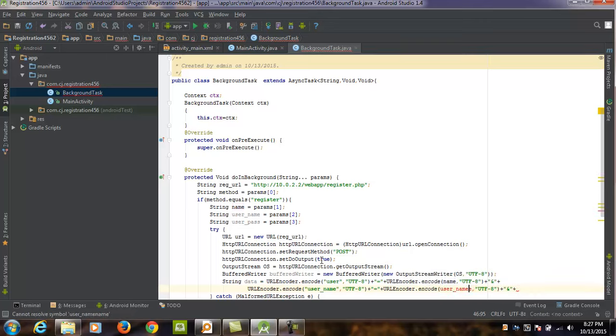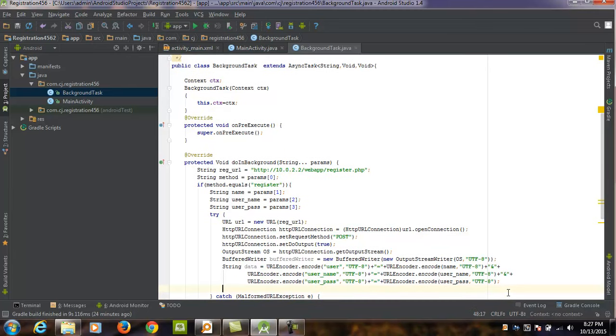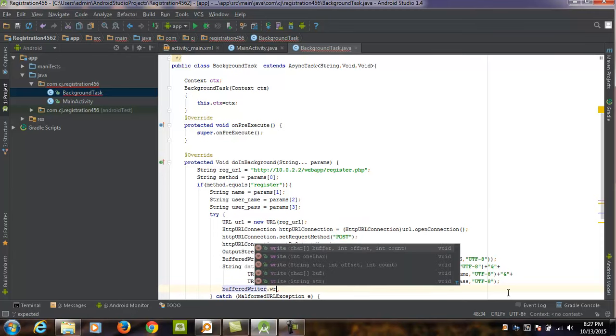Okay, we don't need this, use a semicolon because this is the last of the variable. User_pass, and this is as well user_pass. Okay, now we've done this. Now most of your coding part is done. Now we'll have to send this, we'll have to write this to